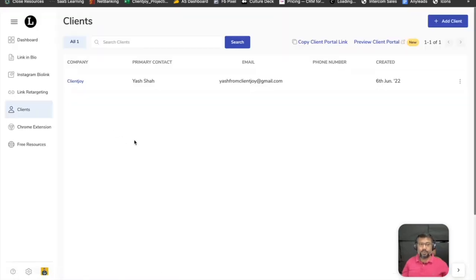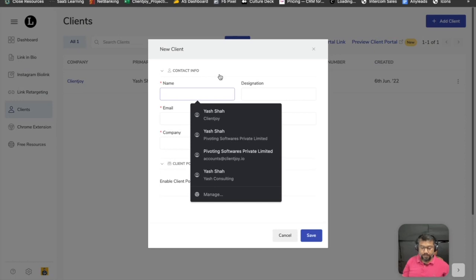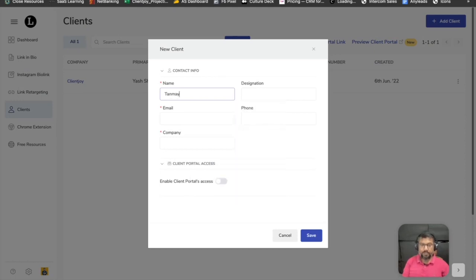The first thing that you want to do is go to the clients tab in your Linkjoy account and then add a client, like I've added over here, right? And so to add an account, you just click over here, add a client, give them a name. So as an example, I just give them a name. Let's say it's Tanmay Parekh, who is their marketing manager. Email is Tanmay